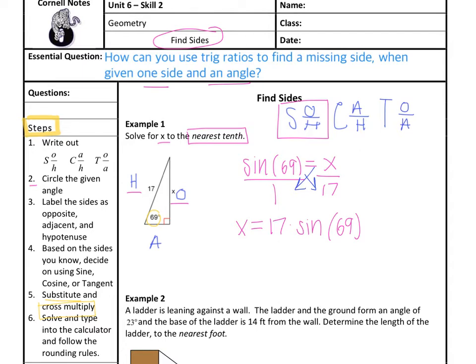So what you're going to do at this point is type this into your calculator. So type the 17 like normal. To find the sine button, there's a trig button on the left-hand side of your calculator. So hit trig, and then it's going to pop up and you're going to see sine, cosine, tangent. So hit sine, type in your 69, and then hit enter. And when you do, you will get an answer of